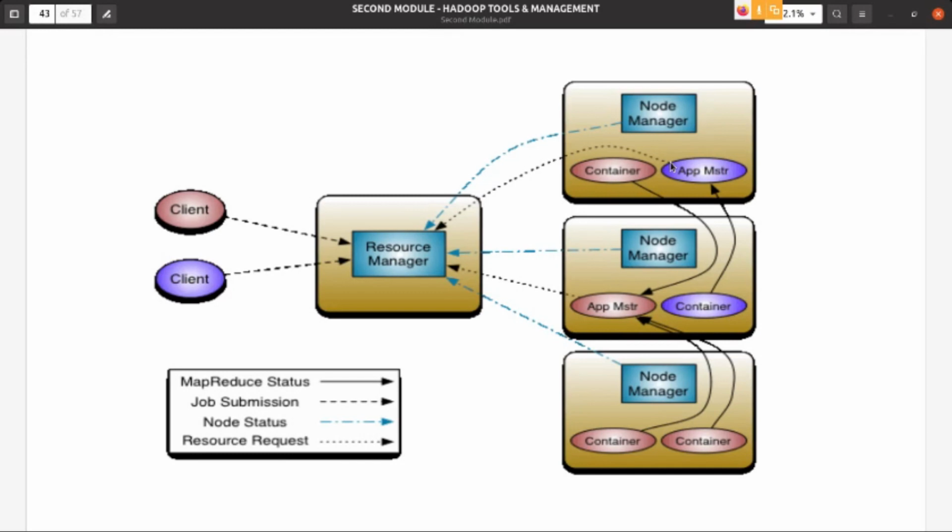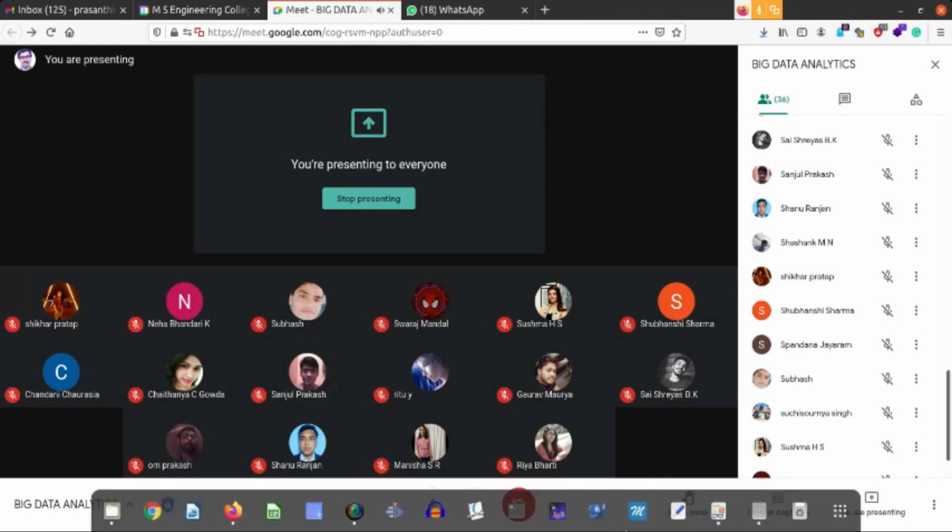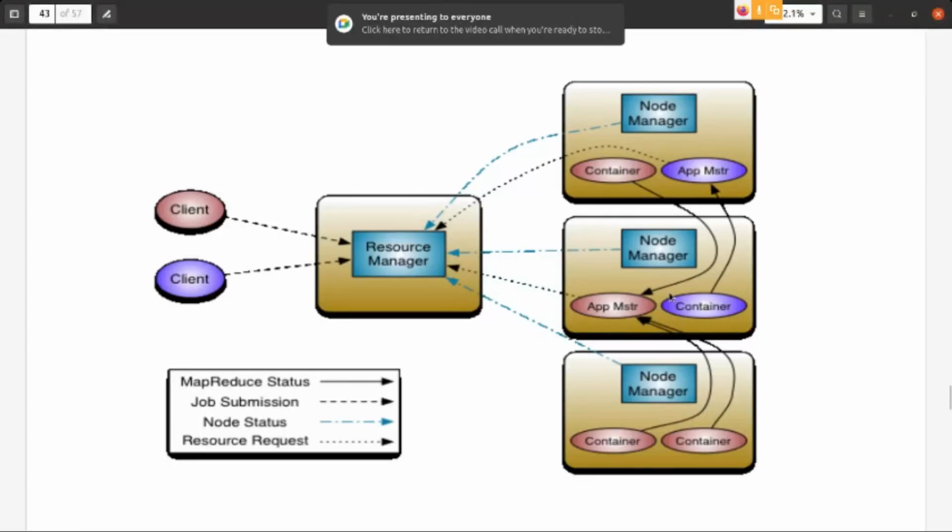Upon receiving that heartbeat, the resource manager will understand that the node is alive. That is what this diagram shows.